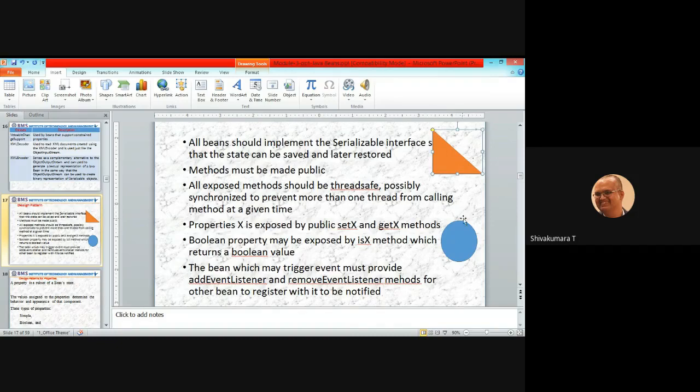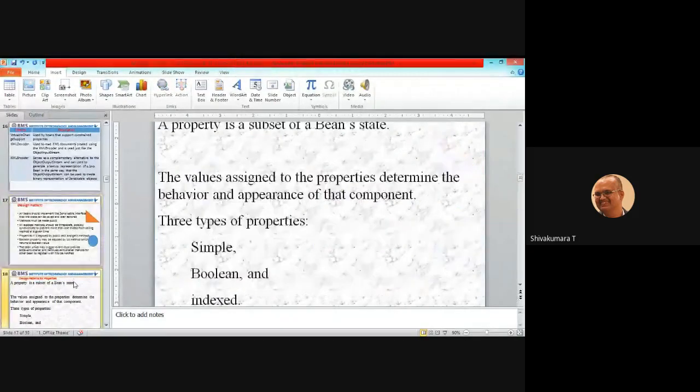So whenever I select a corresponding shape, that shape is going to listen to us. It means that add event listener and remove event listener need to be implemented, so other beans can register with it to be notified. Clear?